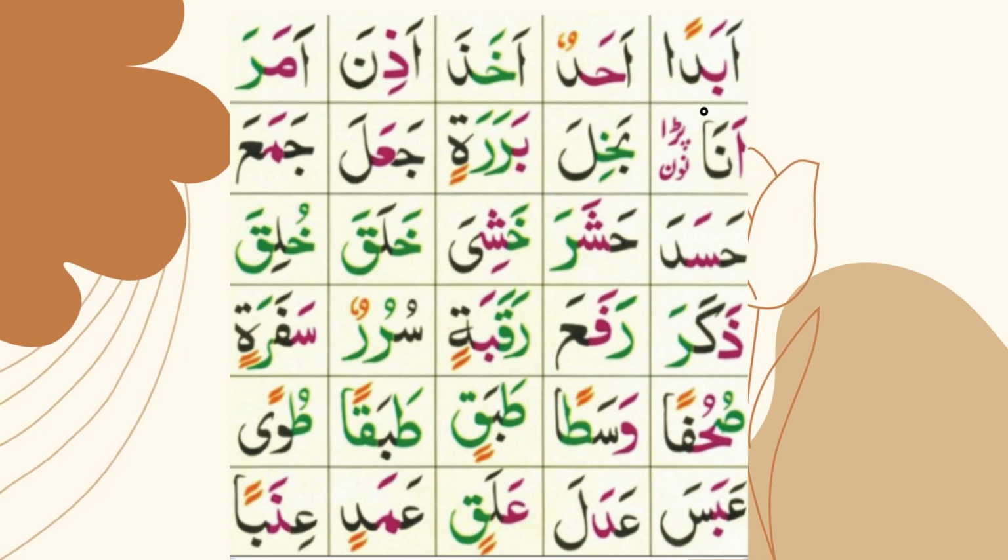Next is Jim zabar ja, Mim zabar ma, Ain zabar a. Again, ain will come out from the middle of the throat and it is a, it is not a. It is jama'a, not jama'a. Jama'a. Repeat with me. Jama'a, Jama'a.